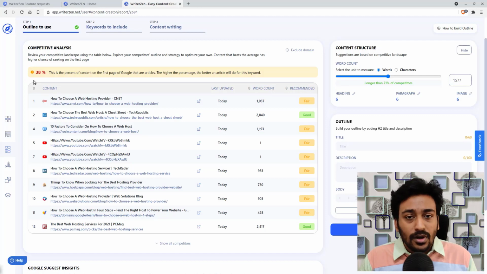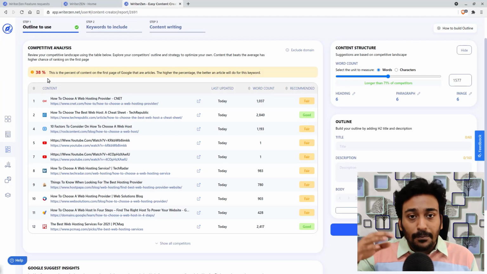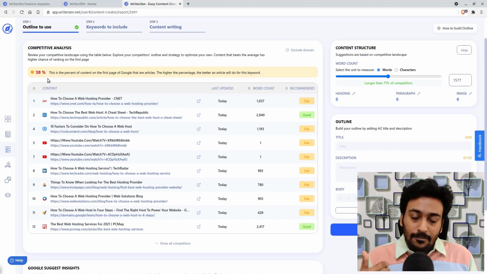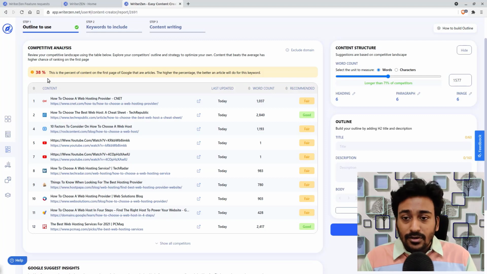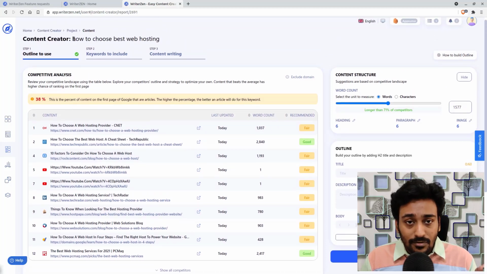So if you're planning to write an article for a keyword, it is generally a good idea to get this as high a number as you want, because that means the competition will be high. It does not take in the competition factor, but just brings in the total word count, and sees whether most of the pages ranking right now are ranking because of the number of words on each page. The main reason I suspect that this percentage is 38,